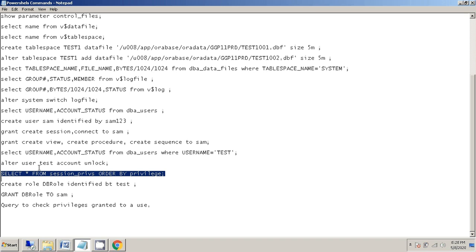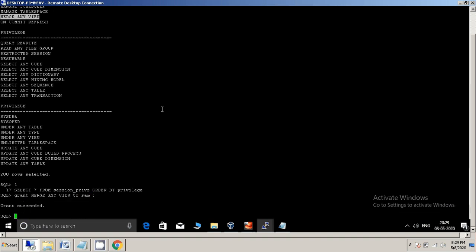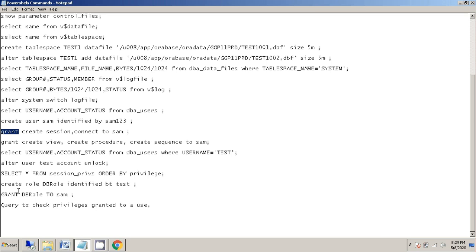What we do, grant select any, merge any view to Sam. Likewise we can give multiple privileges to the user. So these are the things.